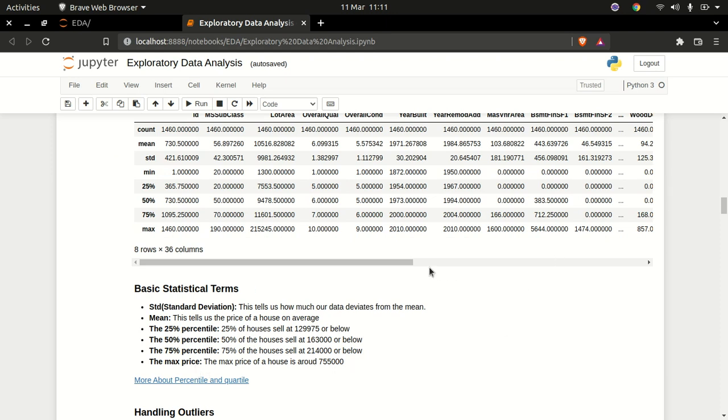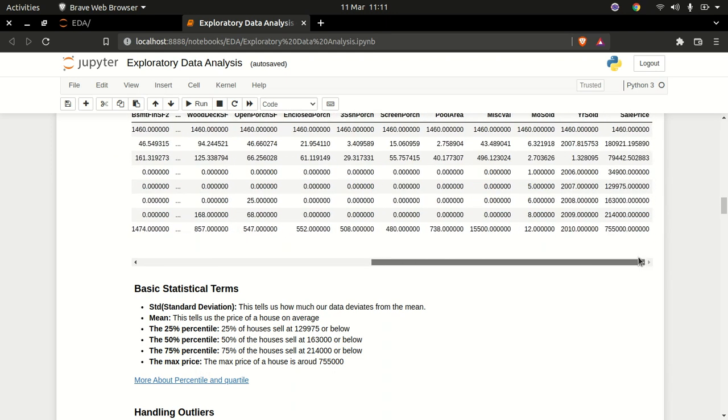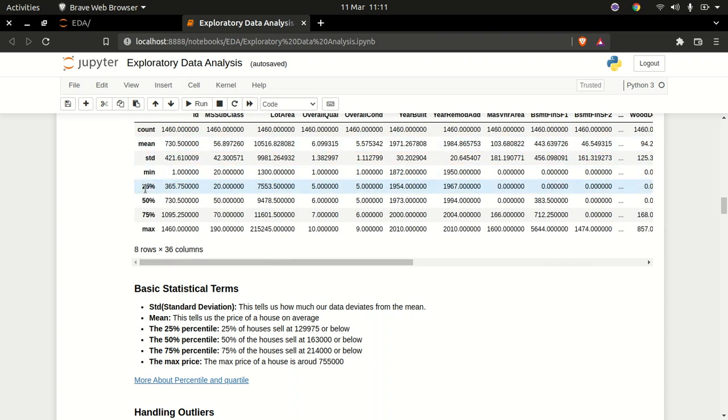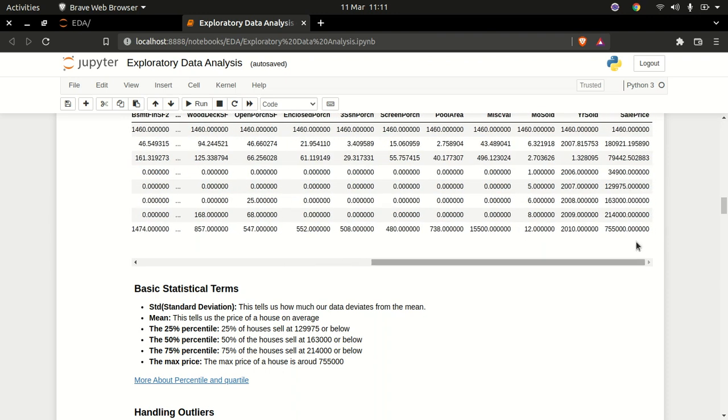So I'm going to be focusing on the sales column. Okay, the 25% percentile. If you scroll this way, 25% of the houses sell at this value, which I think is $129,975. I think these currencies are in dollars. So 25% of the houses sell at or below that value,